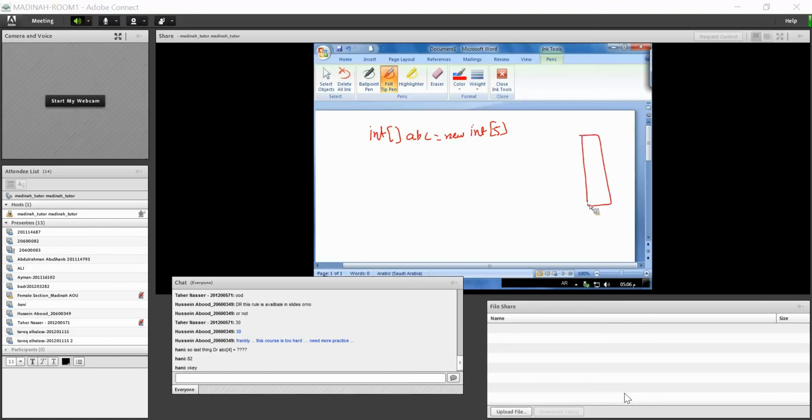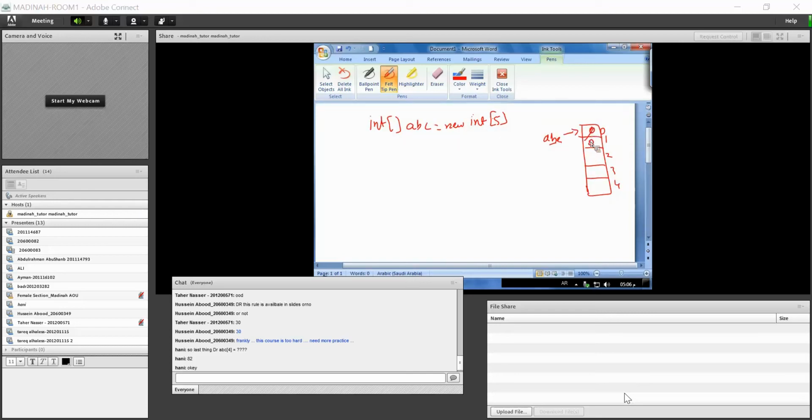An array will be created with 5 elements with the index 0, 1, 2, 3 and 4. The name of the array is ABC and it is referring to these elements. Initial values will be 0, as we all know, because it is of type integer.